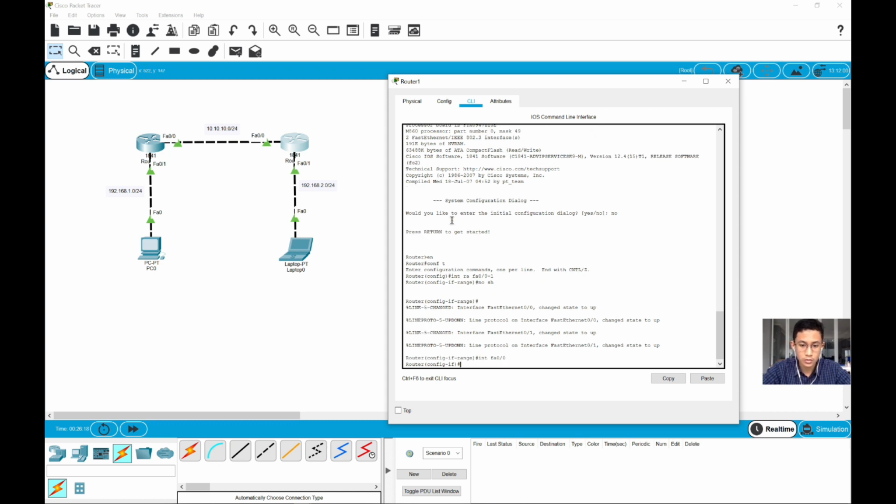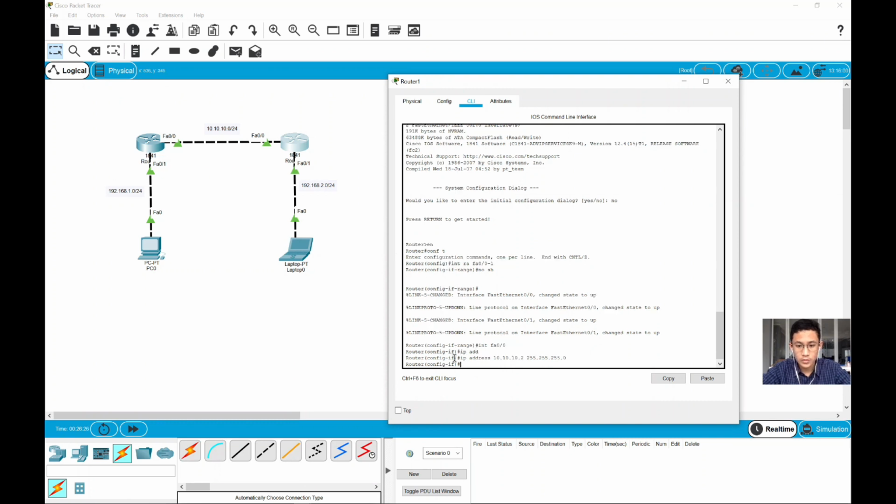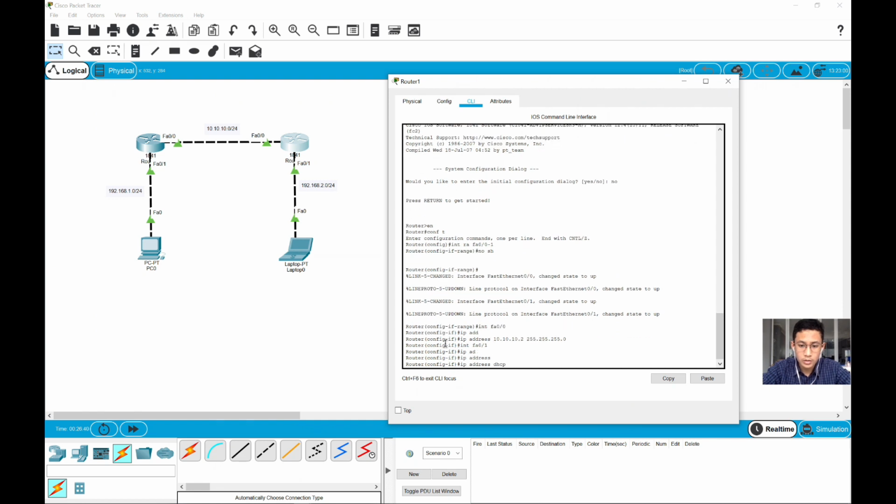It is 0/0, the address is 10.10.10.2, 255.255.255.0. We use the same network but a different IP. And for this interface, FA0/1, ip address